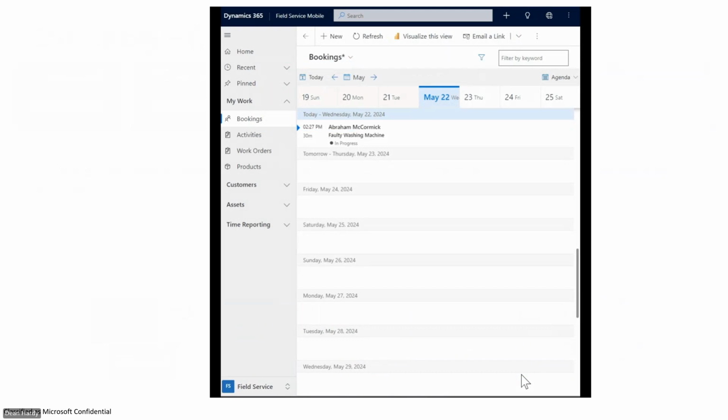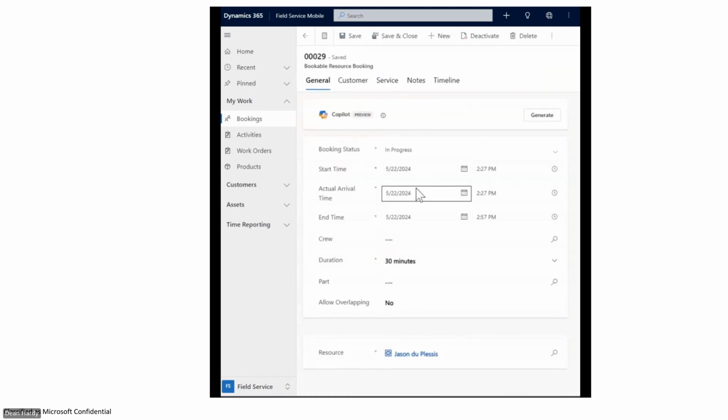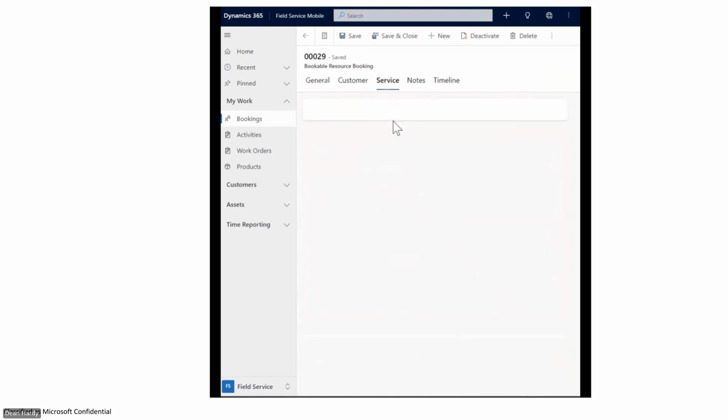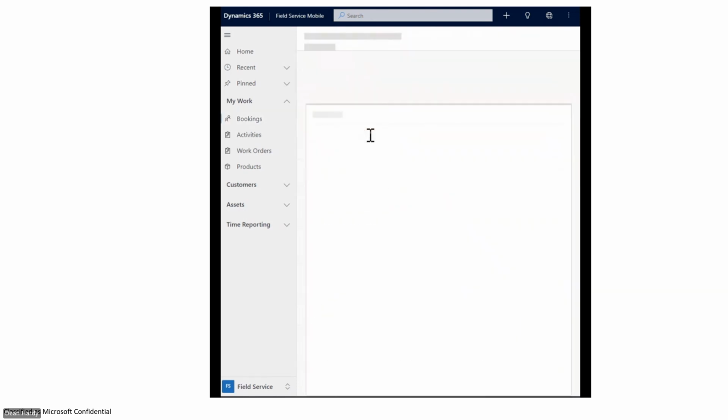The engineer arrives at the customer's home and begins to do an inspection of the washing machine. They open up the booking record on their mobile device, which they've already set to In Progress on arrival, and navigate to the Service tab. They select the task to inspect the washing machine,